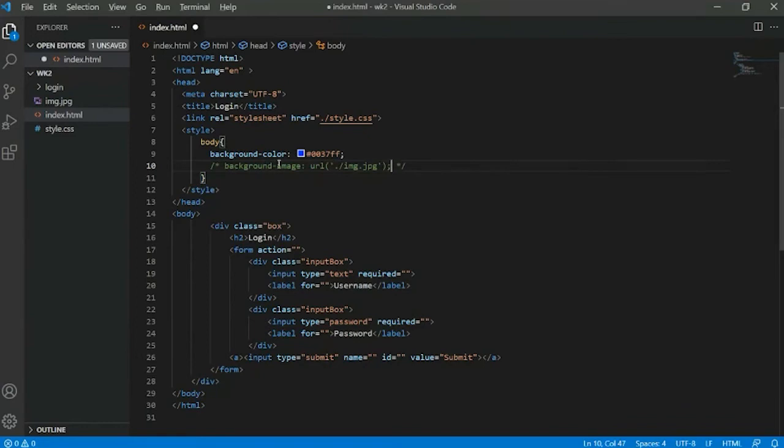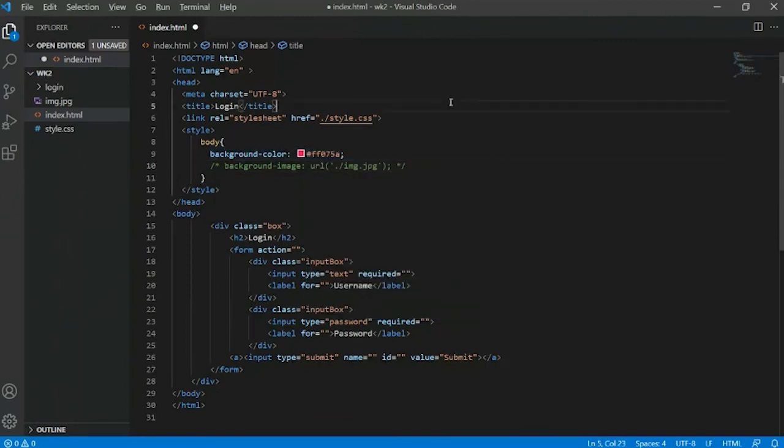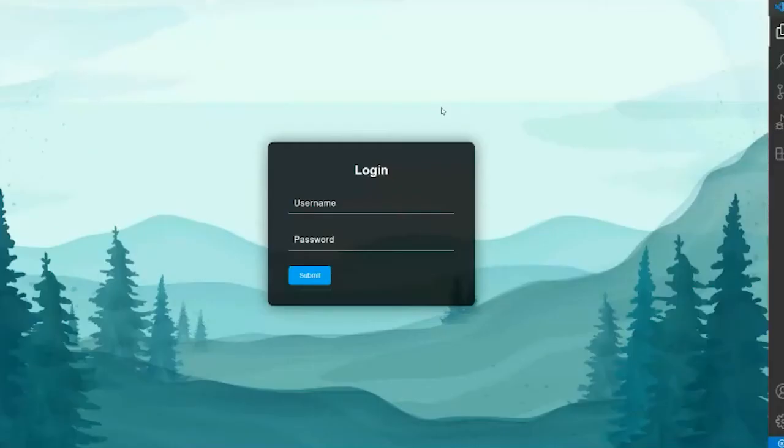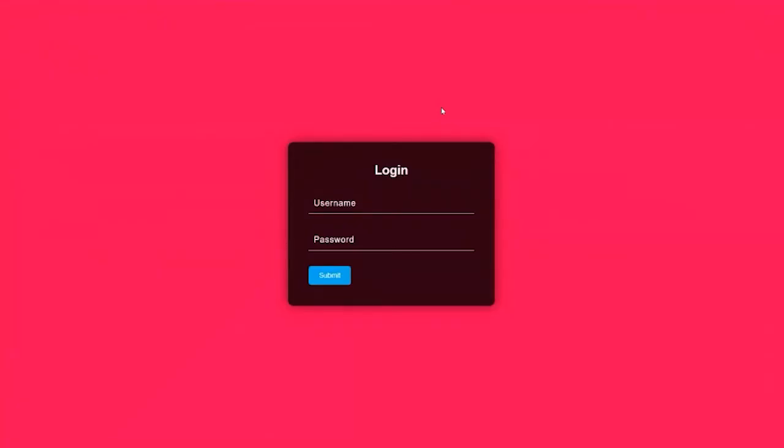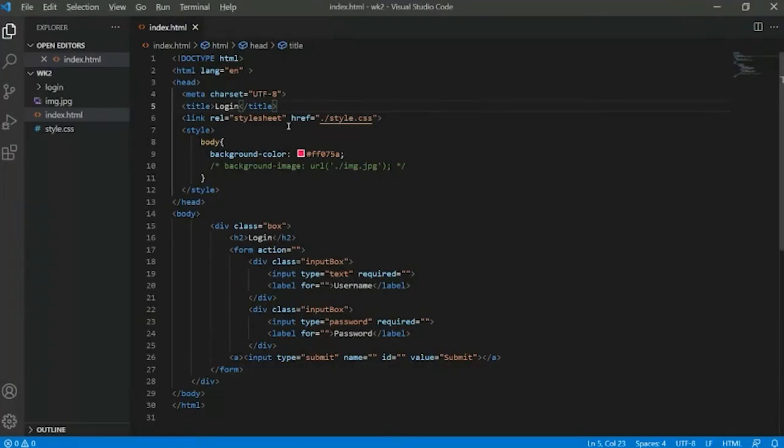One more thing, one advantage of using VS Code is that you can change the color using this thing. This is a very nice feature. You can directly see what color you are giving to a specific element, and you don't have to go to some website to find out the color code and then come and paste it here.